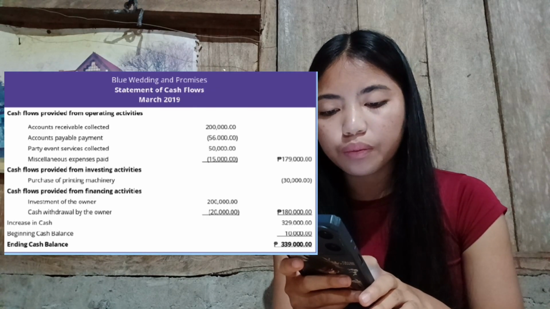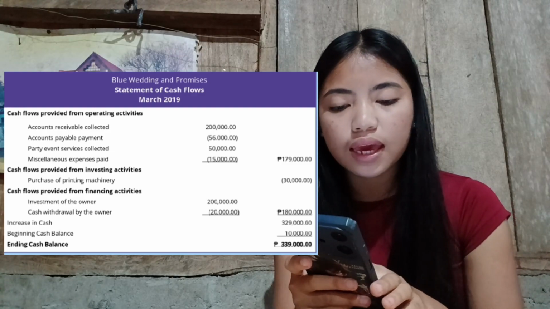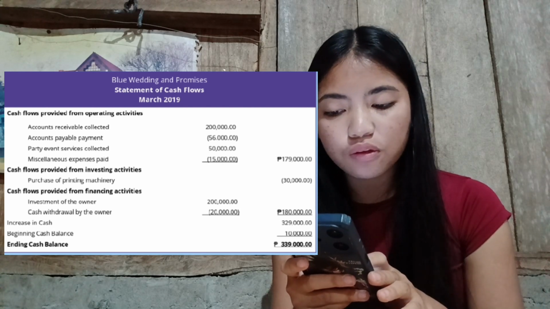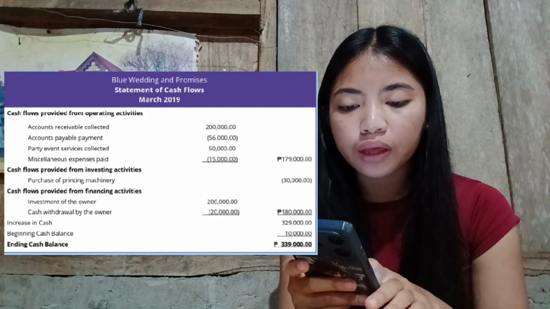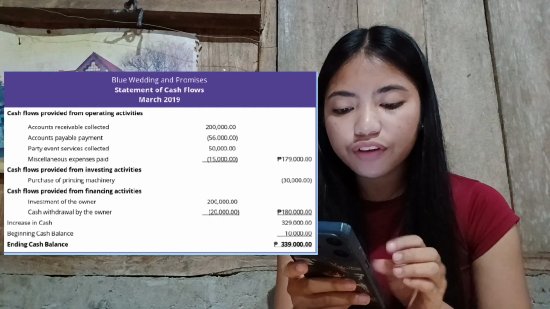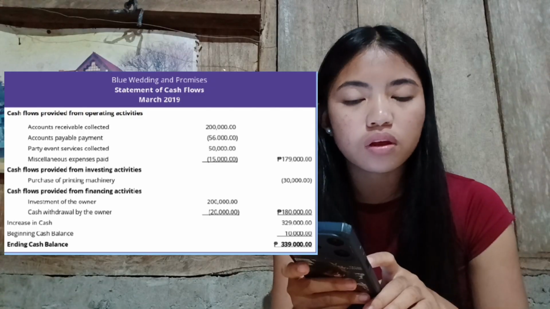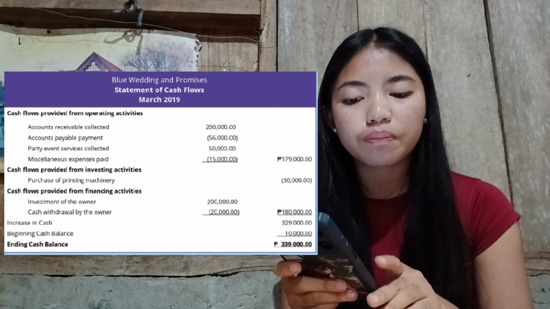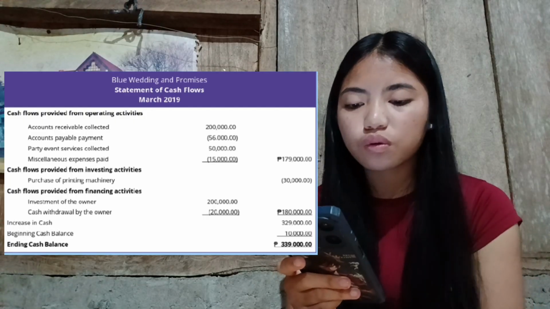And we have here 179,000 pesos. We subtract this 30,000 pesos because it was spent. And after that, we add the 180,000 pesos. So 179,000 pesos minus 30,000 pesos plus 180,000 pesos is equal to